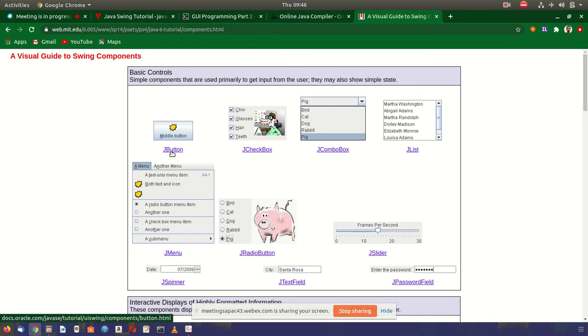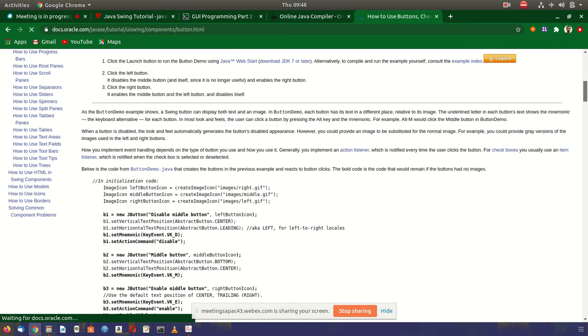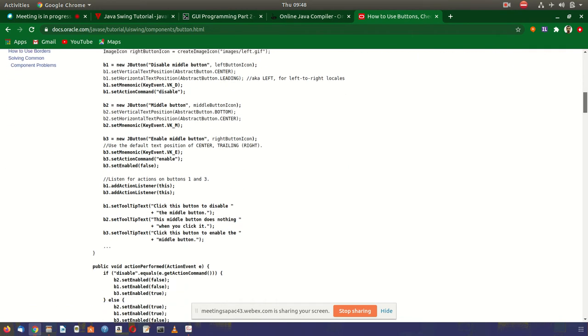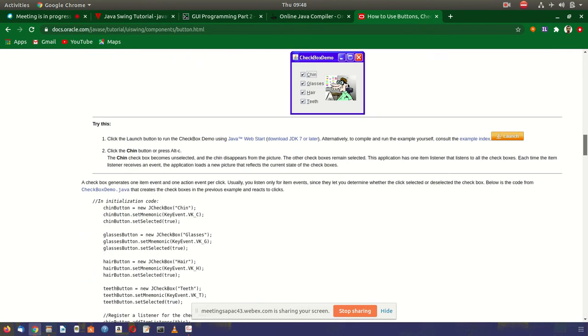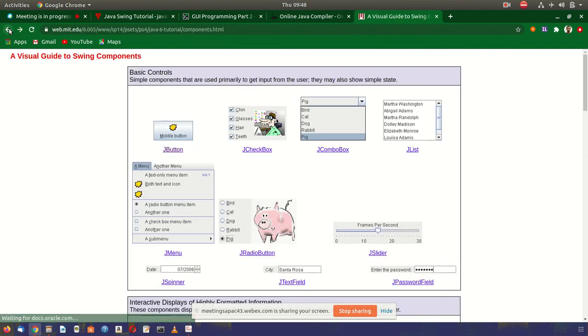So, what do we mean by a button, and how does it look? It is this kind of item. This button that we see here, you can press it. When you install a software, there is a button, no?